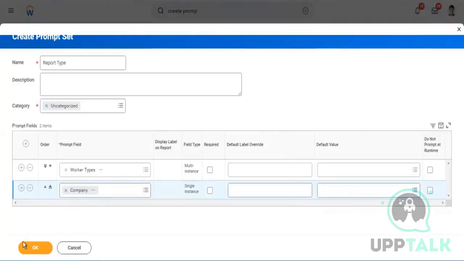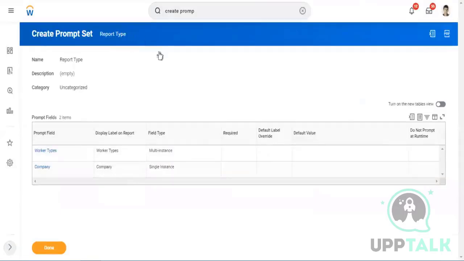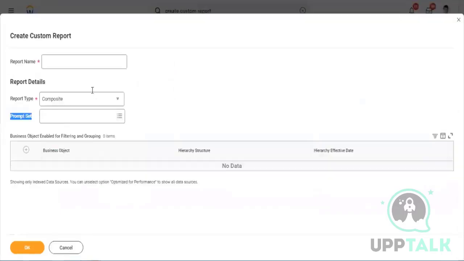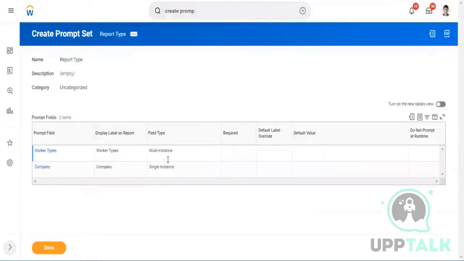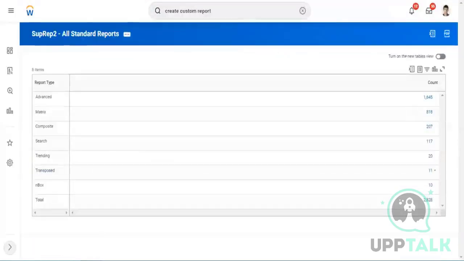Okay, so I'm creating a prompt set and my prompt set is created, right? Which means I can copy this prompt set into my custom report, right? Now, whatever values I'm passing through here, they can then be passed into my sub reports because internally I'm calling